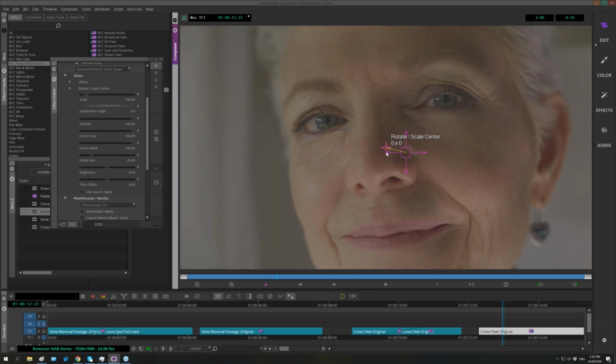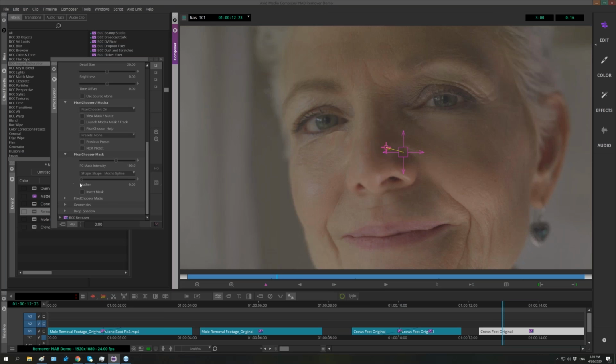That looks like it could work a bit. Let's see if we can just nudge that a tad. So we can do something like that. And then remember, we'll come right down here to our mask. We're going to feather that out. You know, and already we're getting some good results, but we do have some differences here in terms of the